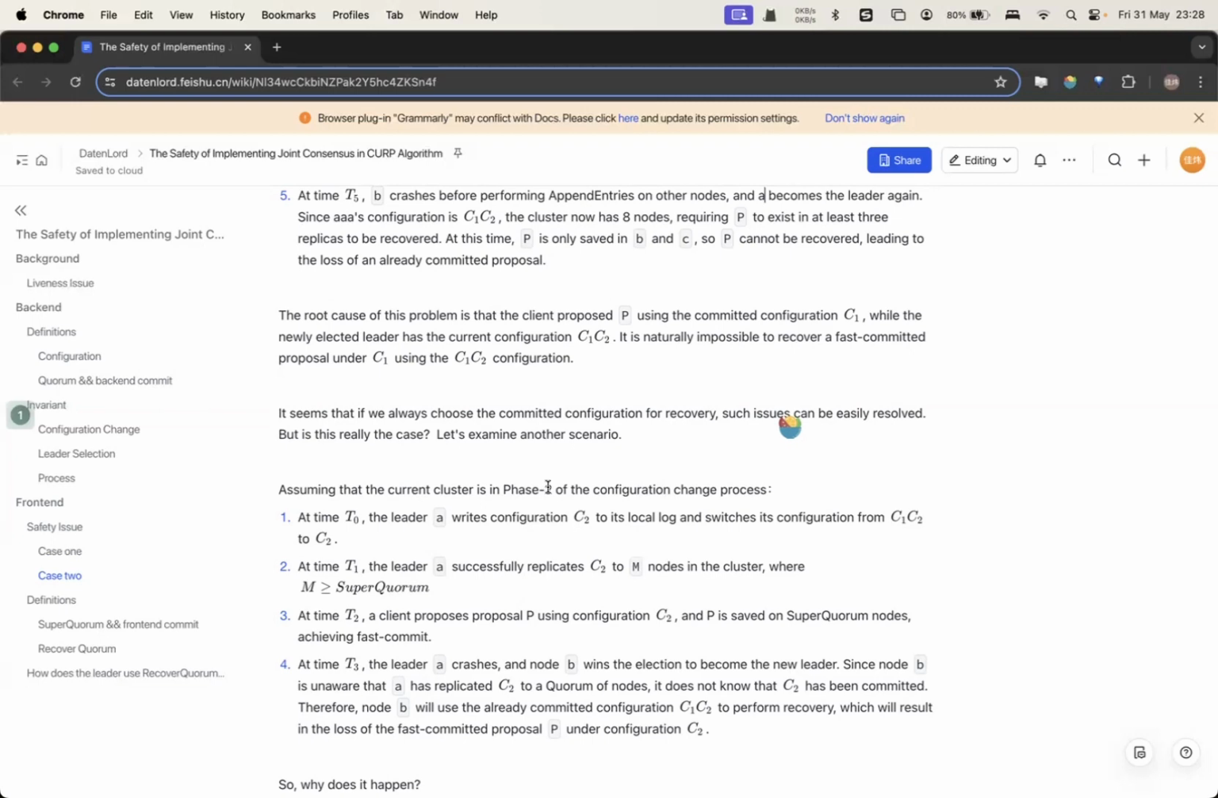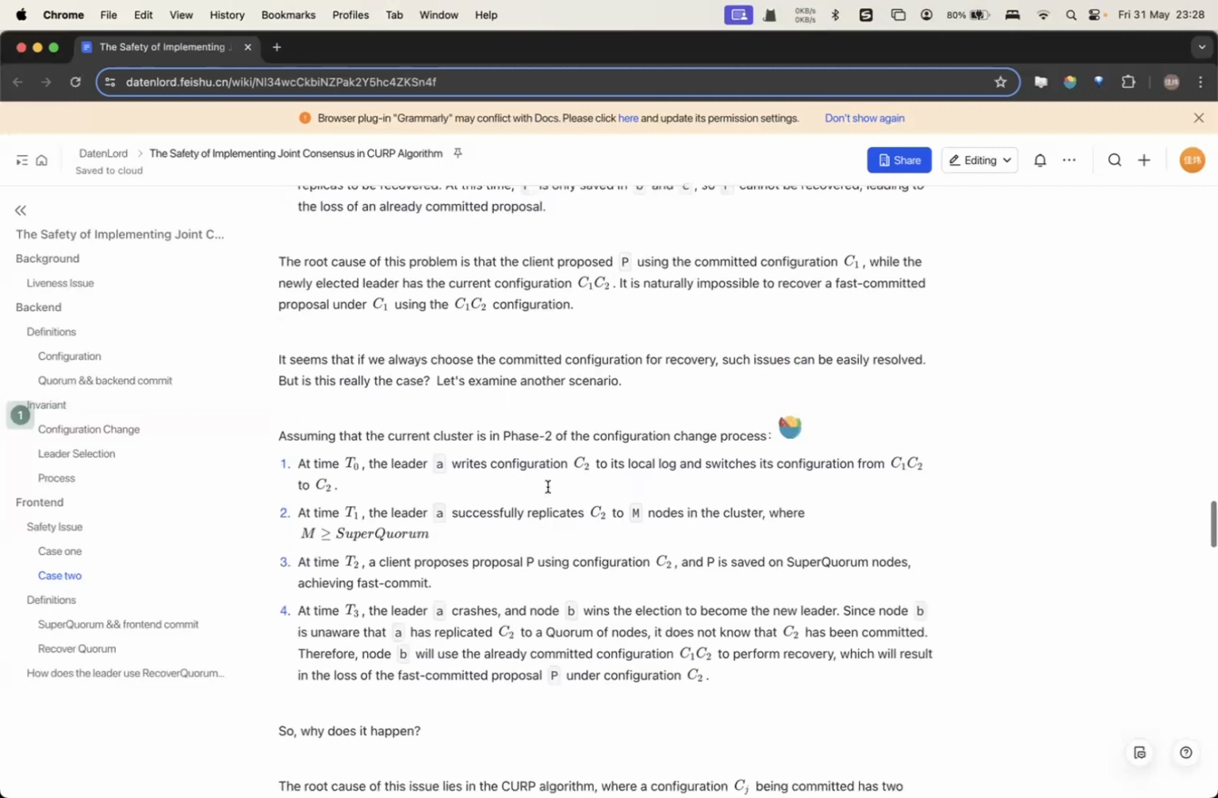Then at time T2, a client proposes a proposal P using configuration C2. And P is safe on the superquorum nodes, so it will achieve the fast commit. And at time T3, the leader A crashes, and node B wins the election to become the leader,